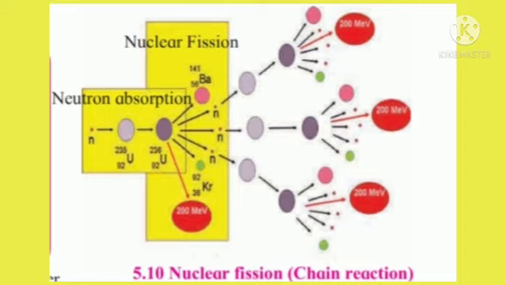The 3 neutrons generated in this process cause fission of 3 other uranium 235 atoms, which release more energy. The neutrons released in this reaction release more energy through fission of more uranium nuclei. This process of fission of uranium 235 atoms continues and is called the chain reaction. In nuclear power plants, a controlled chain reaction results in release of thermal energy, which is used for electrical energy generation.